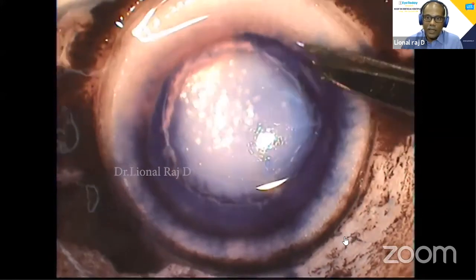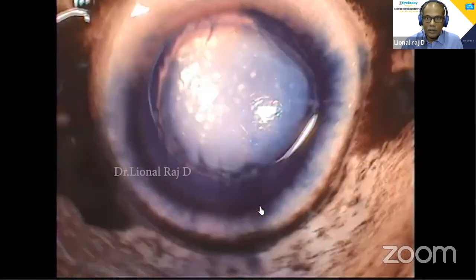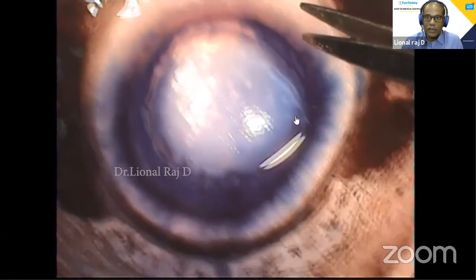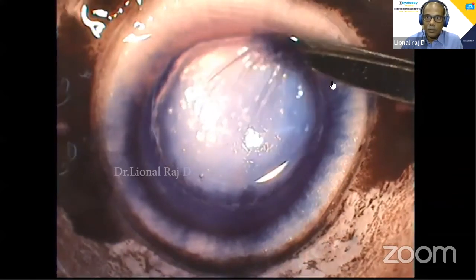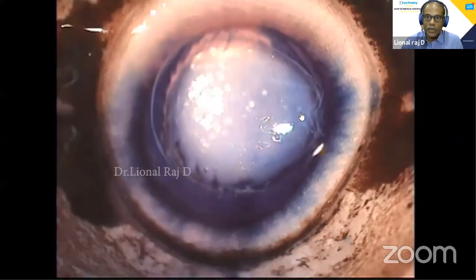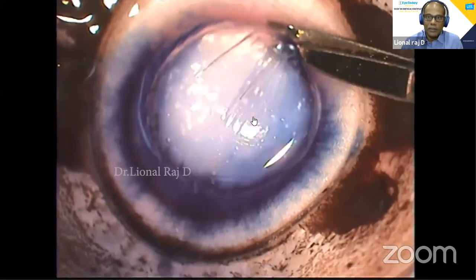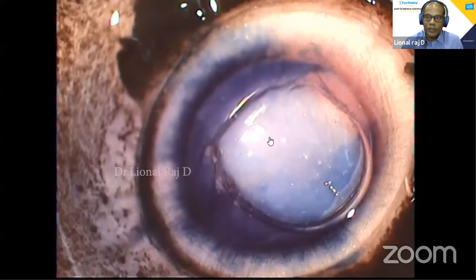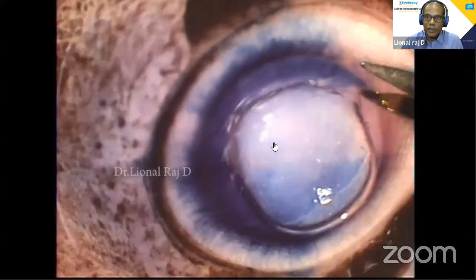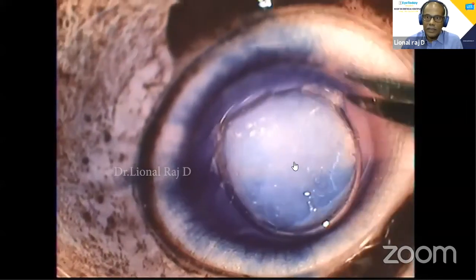See carefully, I keep rotating the graft, the corneoscleral button, rather than my hand, because this is the comfortable position for me. I keep rotating and, as you see, I still maintain the air bubble till the final stage.